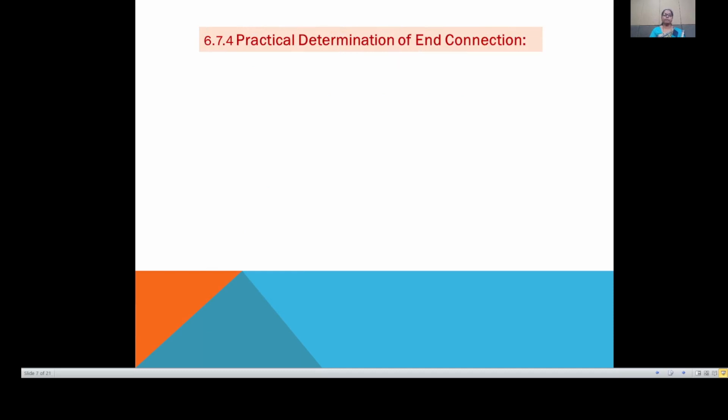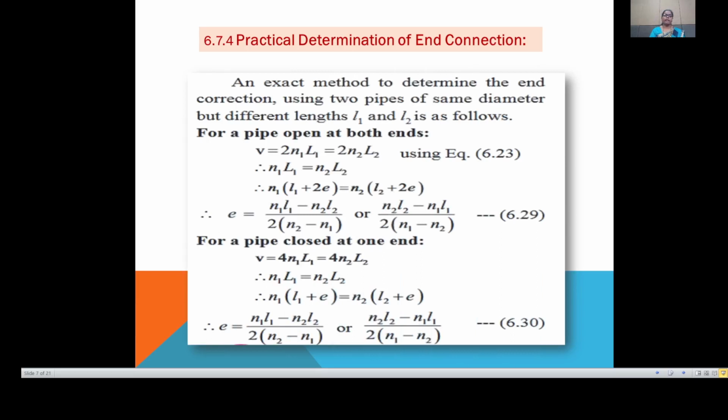First, let us discuss the practical determination of end correction. An exact method to determine the end correction using two pipes of the same diameter but different lengths L1 and L2 is as follows. There are two cases: first, for a pipe open at both ends, and second, for a pipe closed at one end. Let us discuss the first case, where V is equal to